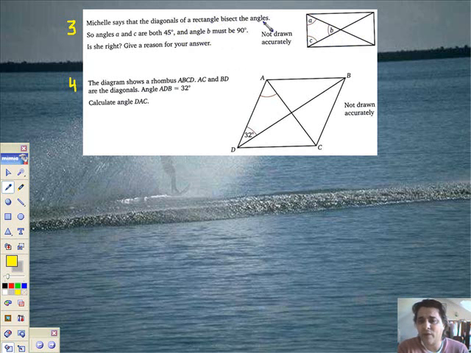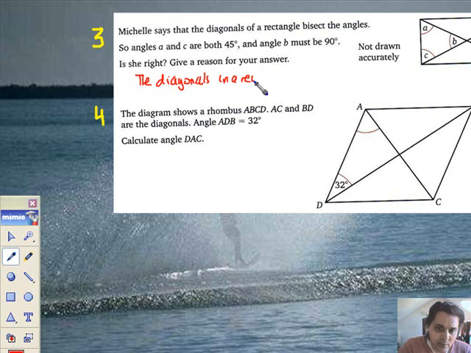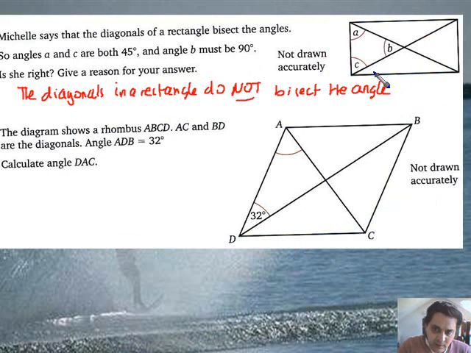The diagonals of the rectangle bisect the angles. They do not. I must say it very clearly. So the diagonals in a rectangle do not bisect the angle. Now obviously the diagonals bisect each other, and therefore this length will be the same as that length,